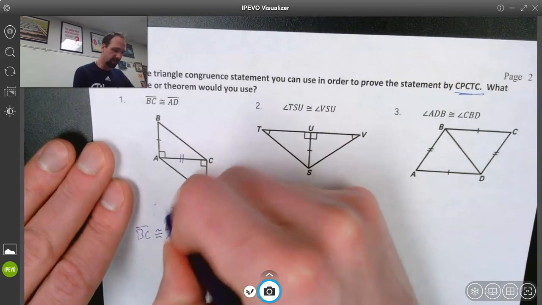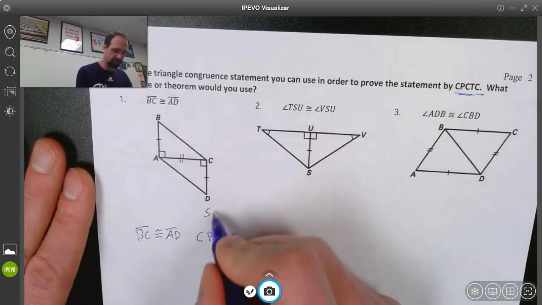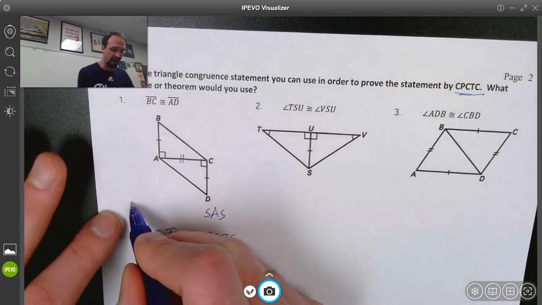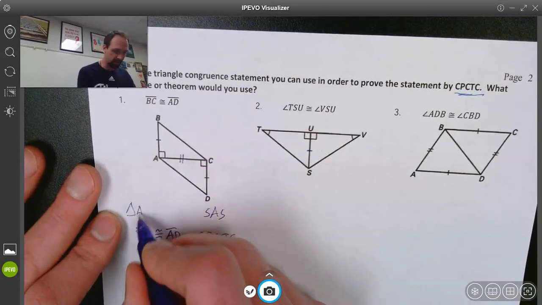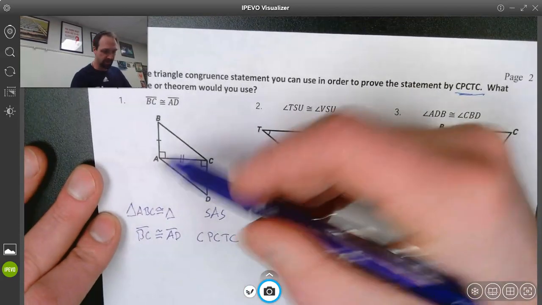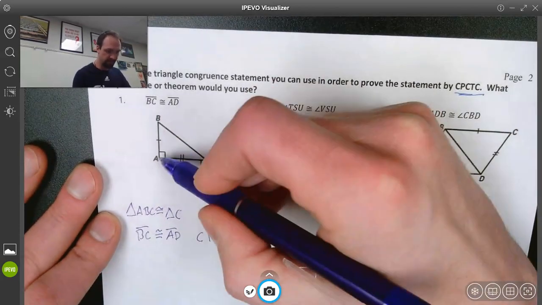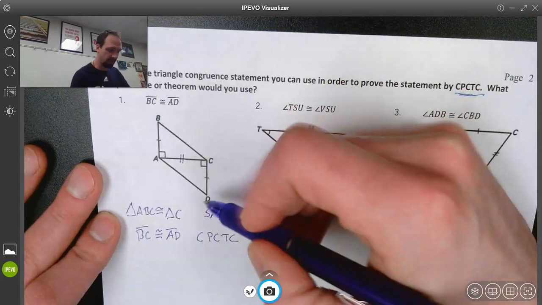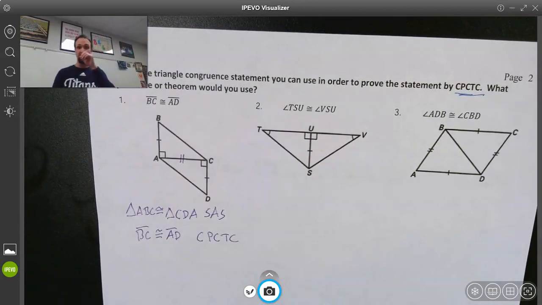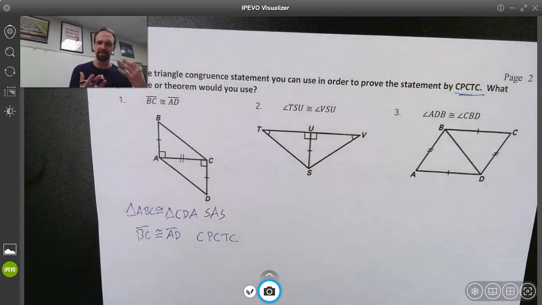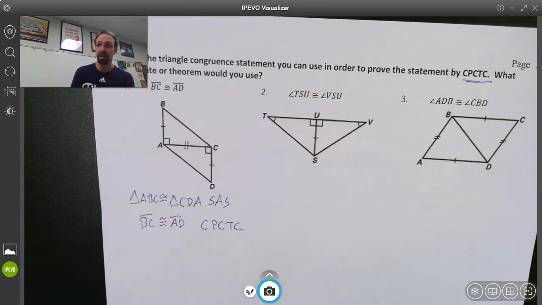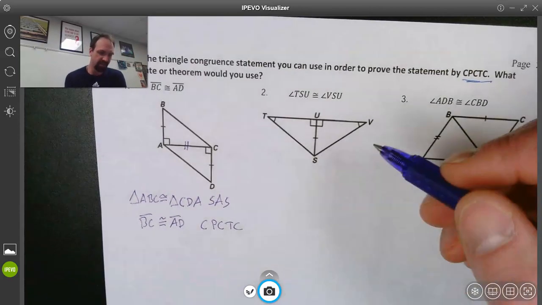What I'm going to do now is give you the triangles that are congruent. So again, we have to put the triangles in the correct order. If I do triangle ABC for this one, I'm going to say that's congruent to triangle, and I start at the right angle. So I'm going to start at the right angle for this one, C, go along the first recorded segment length, so D, then the only choice left there is A. So that's the way that I would notate this, if I was trying to say first I need to prove the triangles are congruent, and then the segment. For this next one,